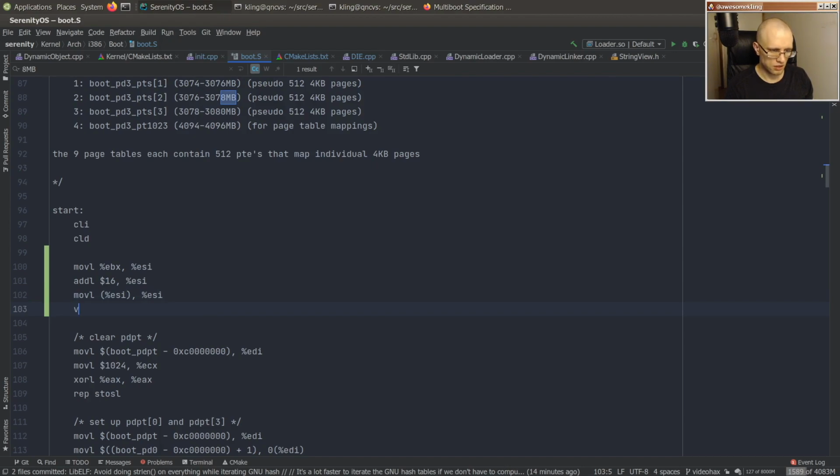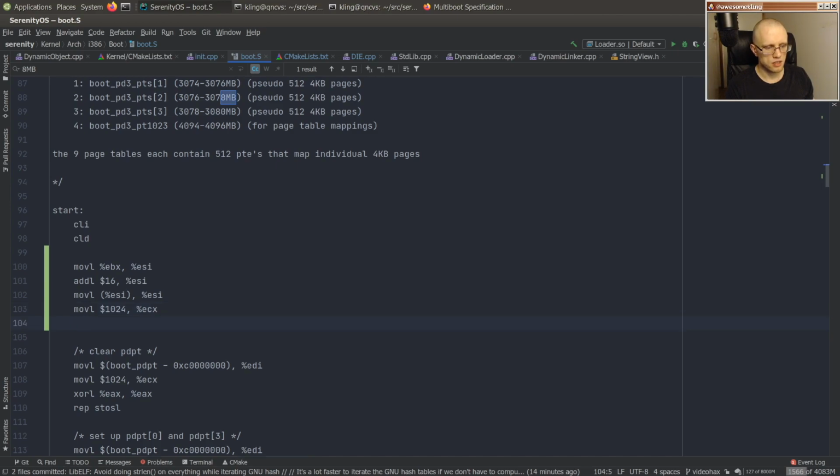Sure. And then we want to do a copy. So we can do 4 bytes at a time, 32-bit copy. So we'll move this into ECX, and then the destination is going to be the kernel command line